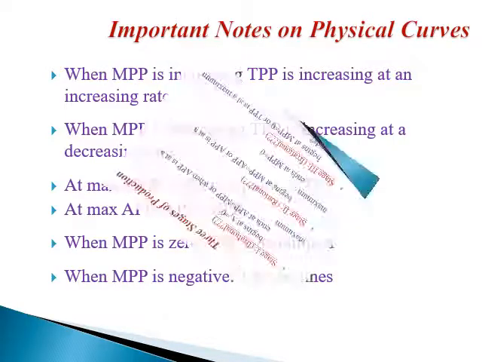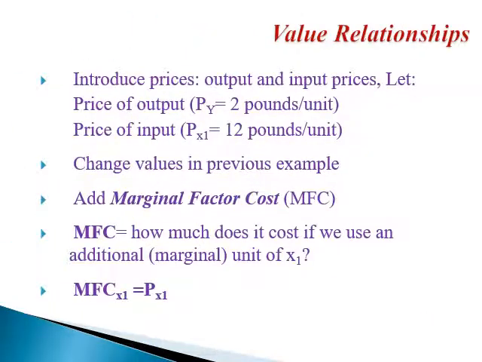And these are the nodes now. These are the three stages. But now we are introducing money to our story. Remember before we were talking about how much of the variable input the producer should add in order for him or her to maximize his or her net returns. But remember, the story that we mentioned so far did not include any money. There was no money in the story.